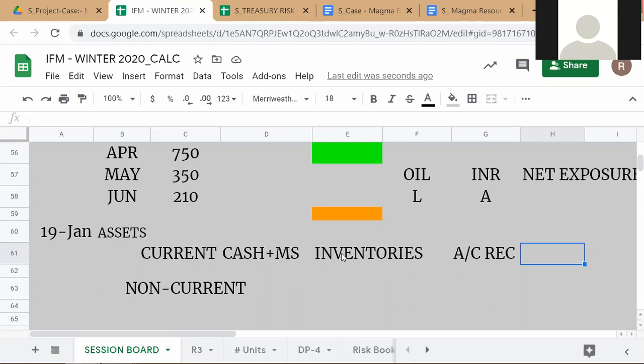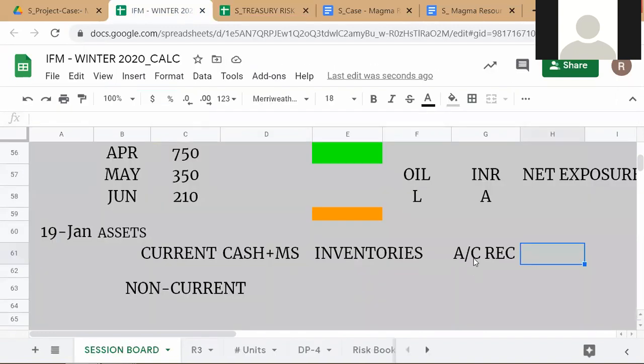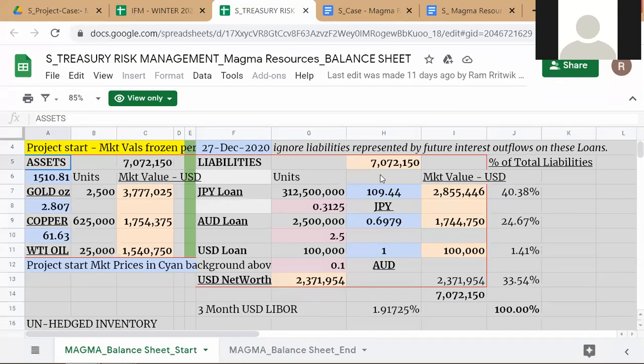Okay, and then the other risk is on the liability side, which we are putting in here. That's why this balance sheet is structured the way it is. So if you're wondering why the non-current assets are not there, this is why: the purpose of this case is to teach treasury risk management, and there's not much you can do to manage accounts receivable, and cash has very little risk. Okay? If we go back to the liability side,